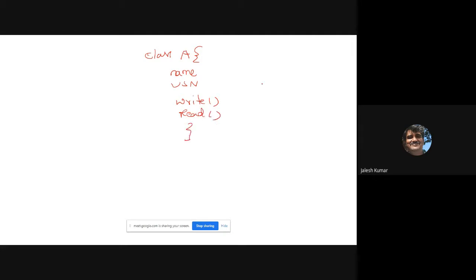But so far we have written class A, and inside that some method name is main. Public static void main. That's what we written. We not written anything like some variables and some particular methods.